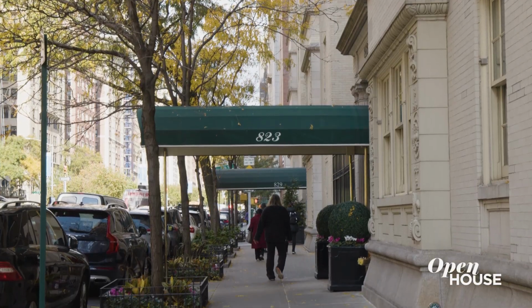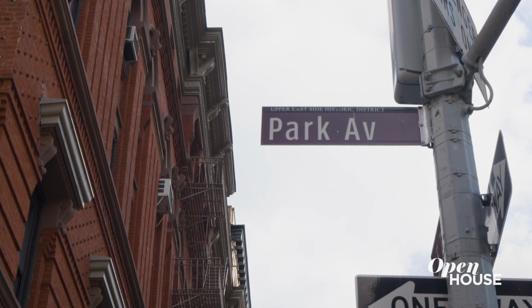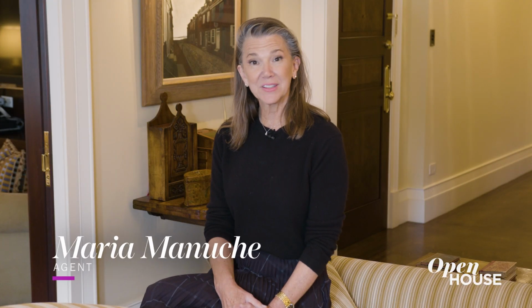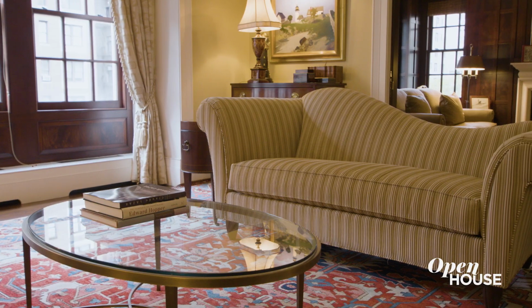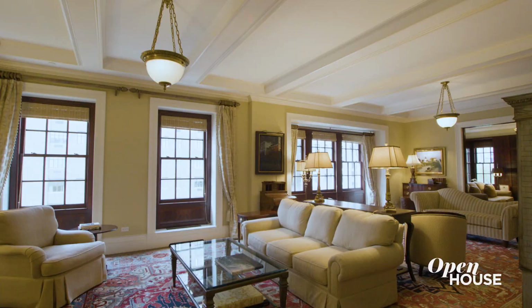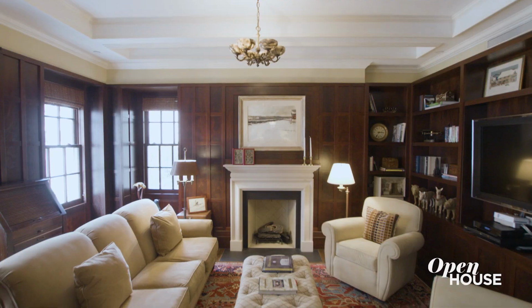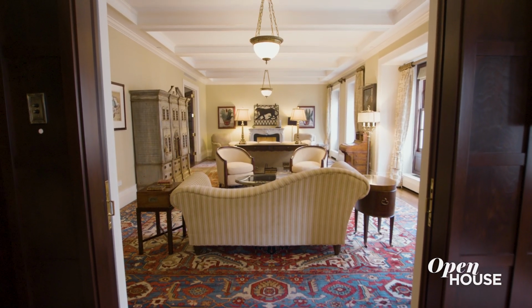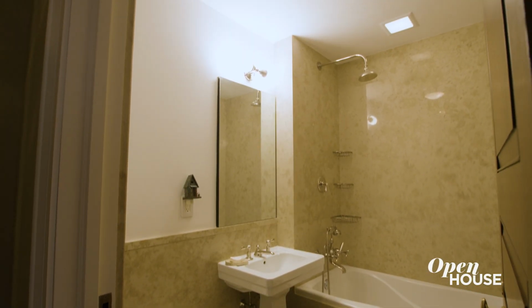For many, the pinnacle of success is a Park Avenue address. Welcome to the 5th floor at 823 Park Avenue. I'm Maria Manuche and I can't wait to show you around. Located in this quintessential pre-war condominium, this full-floor apartment has approximately 4,200 square feet, 5 bedrooms, 4.5 baths, and its